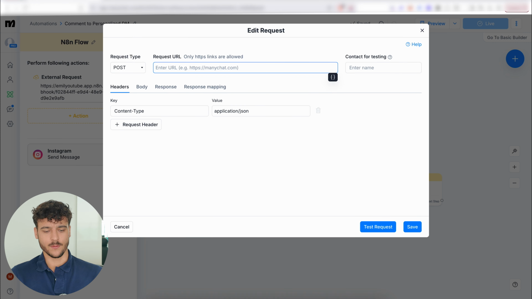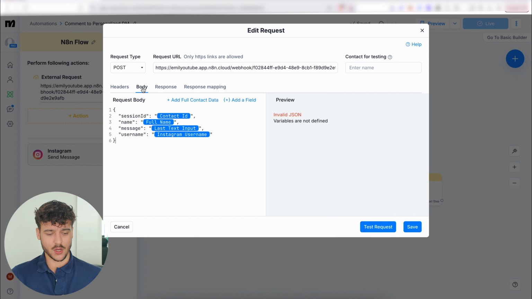your URL here. There's usually a bug here where it's best to delete everything and then paste it in again instead of highlighting and pasting. Just an FYI. Apart from that, you do not need to adjust anything else. We have our headers, we have our body where we input a couple details about the lead, and then we